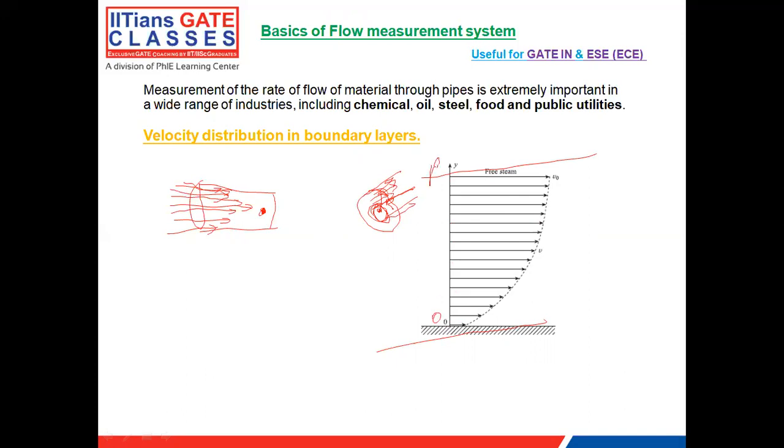Across the boundary layers, the fluid velocity is less, and when it comes to the middle one, that is known as free stream. Free stream means there is no obstruction, but near the boundary what is the obstruction? Some friction is there across the boundary layers. This is the free stream velocity, and here the fluid velocity is zero, not actually zero, but we can say it as zero velocity of the fluid, and here we can say the free stream velocity.